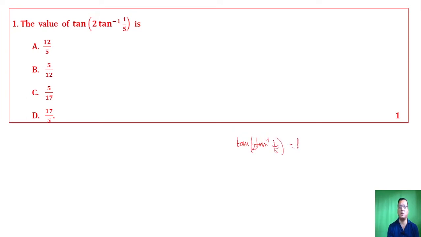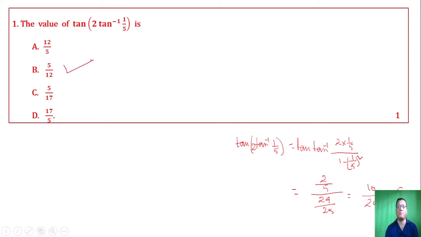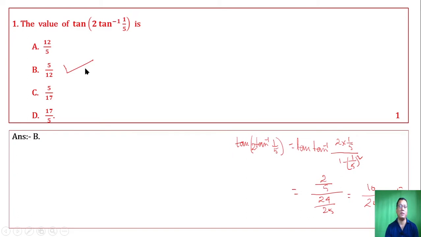Tan of 2 tan inverse of 1 by 5 is equal to tan inverse of 2 times 1 by 5 divided by 1 minus 1 by 5 whole square, which gives 2 by 5 over 24 by 25, that is 10 by 24, which is 5 by 12. The correct option is 5 by 12, already B. Correct answer is B,